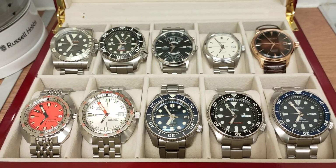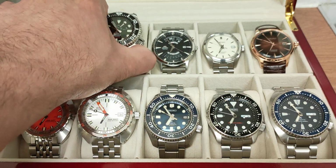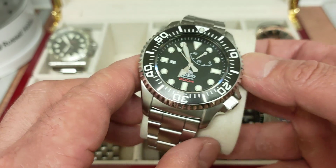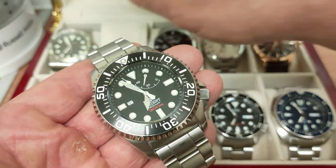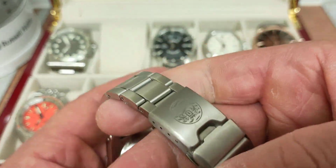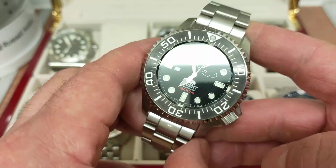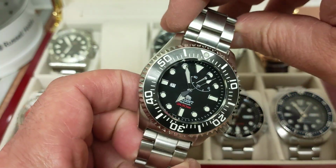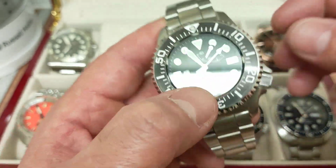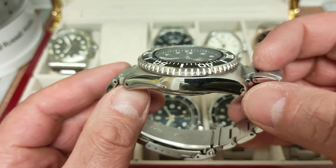Third watch I bought, and by this stage I'd been bitten pretty bad, and I found out about this guy, and this is the OSD. I'm always going on and on about it like some sort of idiot. But this was the third watch I bought, and at the time, this was end of 2015, these were still in production. They were selling for about £1,100, £1,000, and I was lucky to get this watch on eBay, used, unworn pretty much,